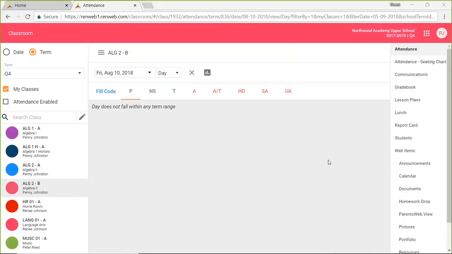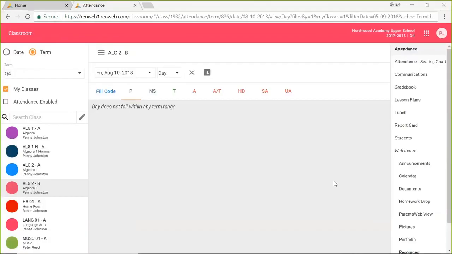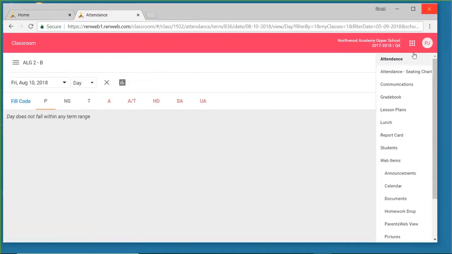The classroom area has recently been upgraded to what we call responsive design. What does that mean? It means if you are working in a smaller format, for instance, on an iPad or even on your phone, and you shrink this screen down, or if you are working on an iPhone or a smaller laptop screen, and you need to change the screen size, you notice I'm taking it out of full screen,